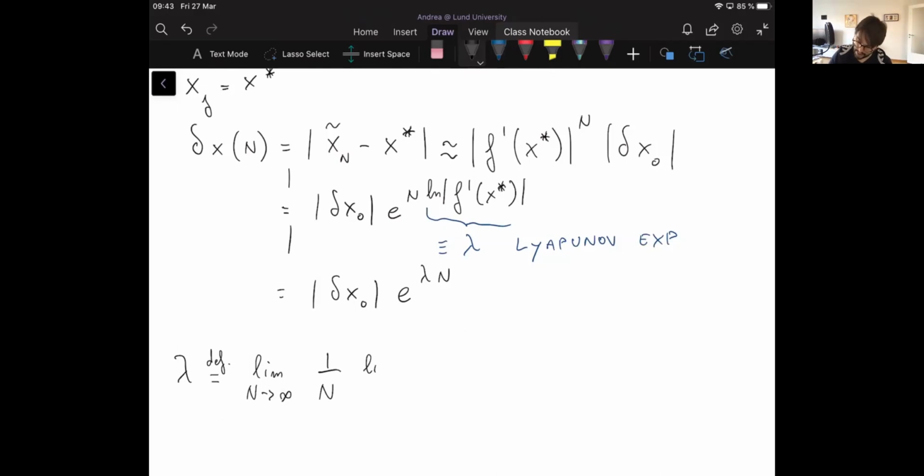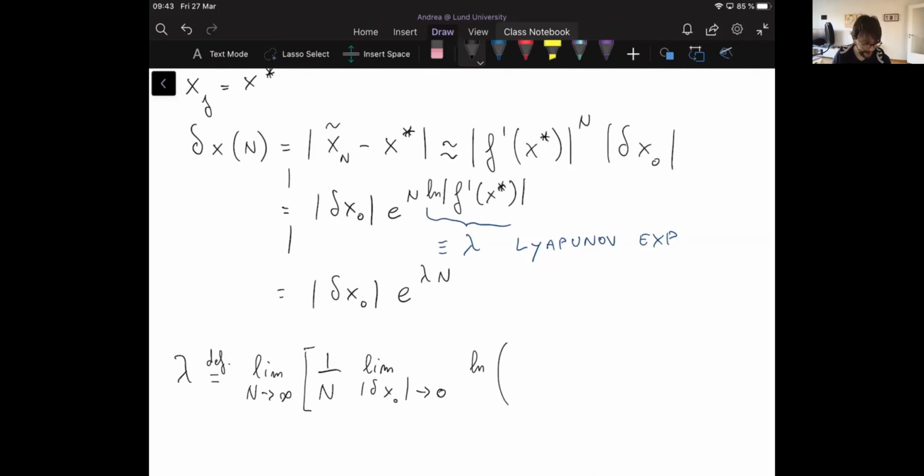So this is a double limit. Mathematicians can have fun demonstrating how this double limit is analytically sound, so how you can exchange the two limits. So this is the limit of the logarithm of,